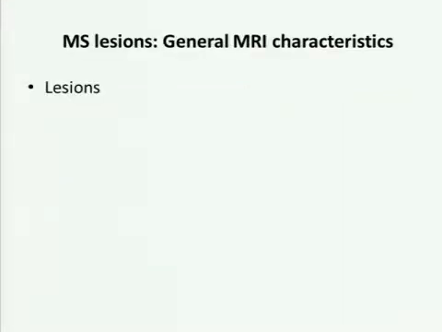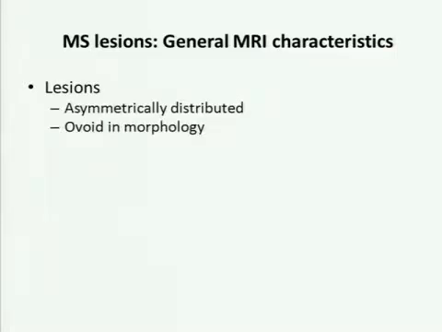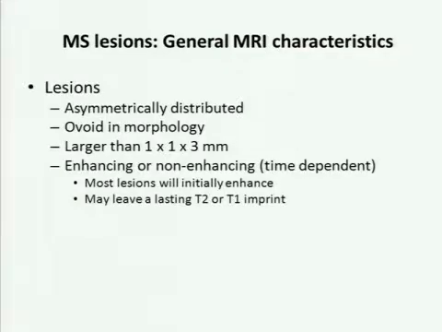General characteristics of MS lesions. They are asymmetrically distributed. They're ovoid in morphology. They're larger than 1 by 1 by 3 millimeters. And they can be enhancing or non-enhancing. So the enhancing component gives us a sense of the lifespan of that lesion. So if it's enhancing, it's occurred within 4 to 6 weeks. Most lesions will initially enhance. We know that from serial MRI data, monthly MRI data. And they may leave a lasting T2 hyperintense or T1 hypointense